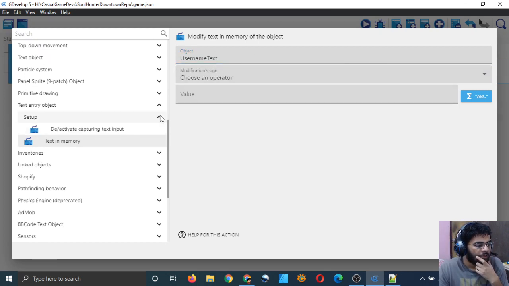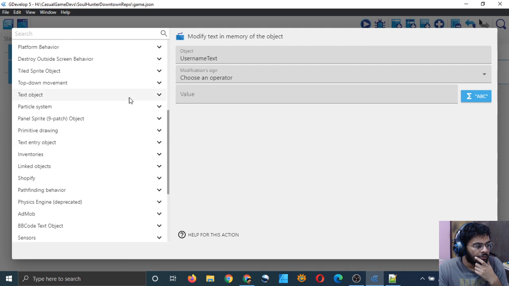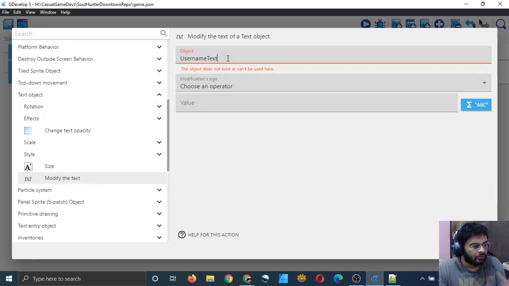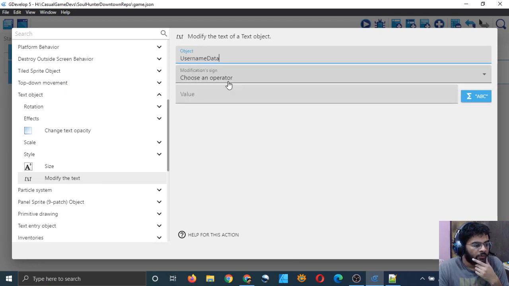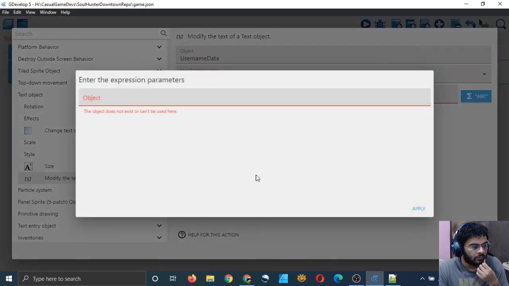Okay, if text object, modify the text, username data equal to, can I have a text entry? I can. Text entered with keyboard, username text.